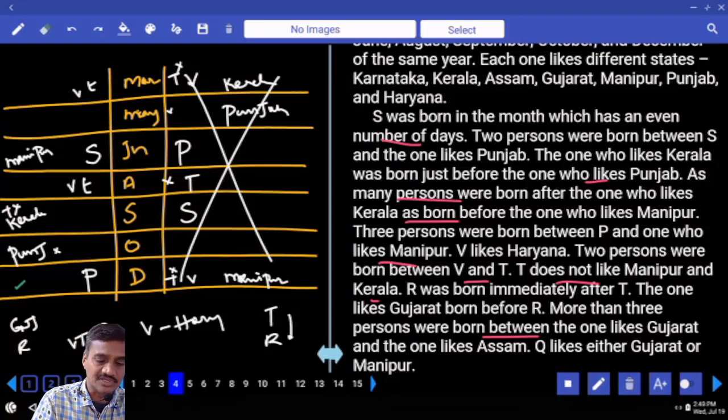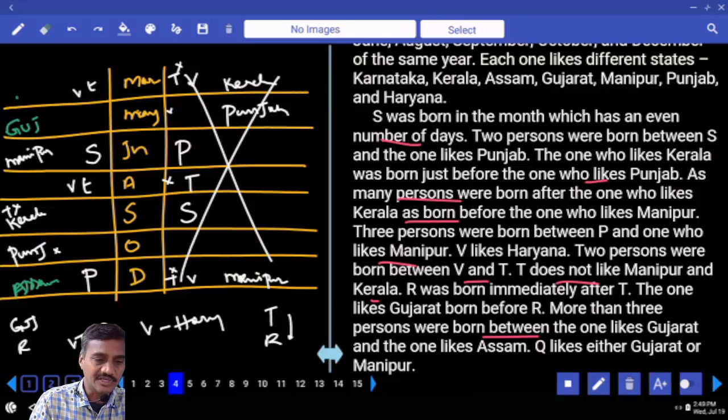And if Gujarat or Assam, Gujarat is before this R, so Gujarat cannot be here, Assam is here. And if Assam is here, more than 3, which means 1, 2, 3, 4. Either here or here, isn't it? Now in this one, Assam and what is the other one? Gujarat. Now if Gujarat is here and Gujarat is before this R and V and T and V is from